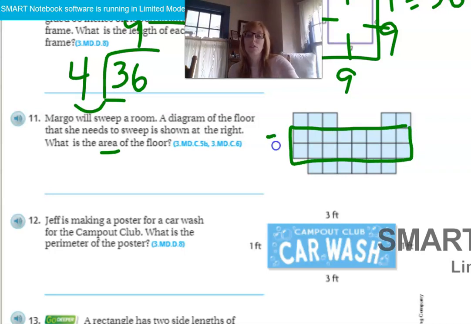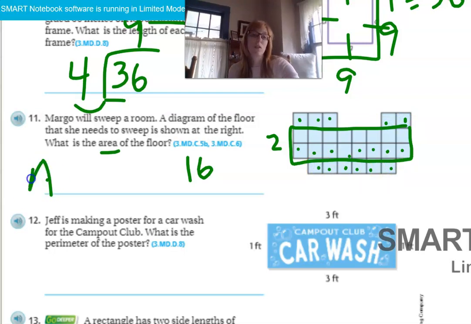So we have 2 groups of 1, 2, 3, 4, 5, 6, 7, 8. 2 times 8, so that's 16 for that. Then we could do 17, 18, 19, 20, 21, 22, 23, 24, 25, 26, 27. So we know the area equals 27, and it says,